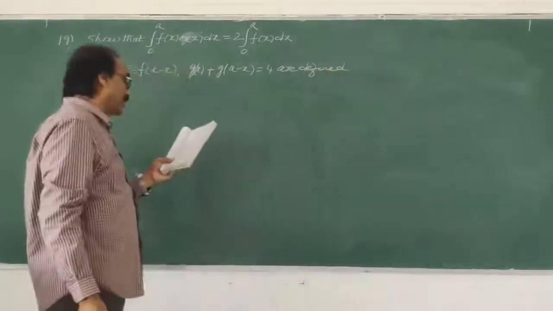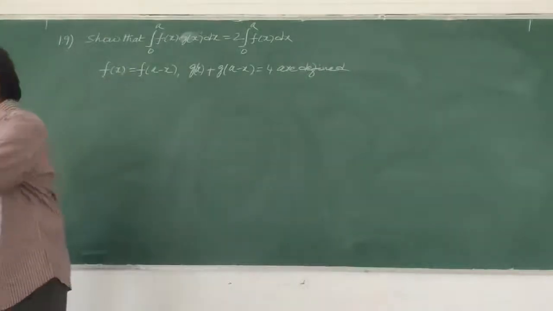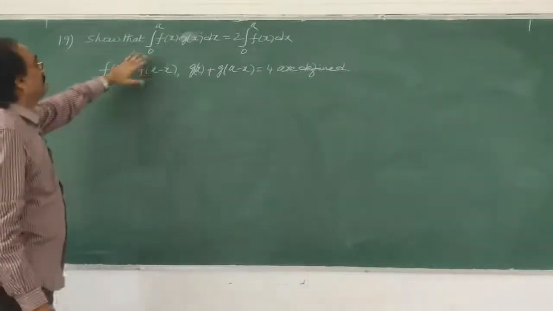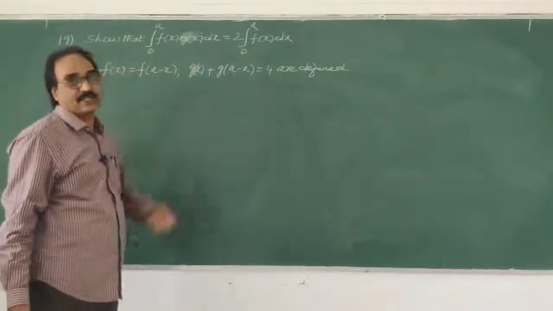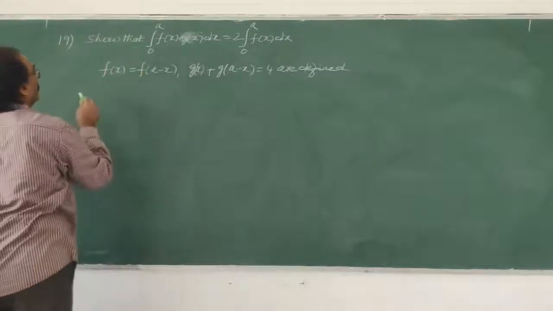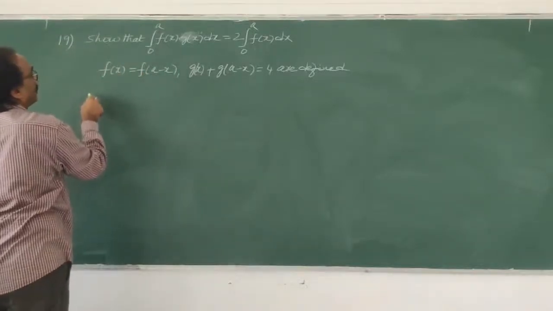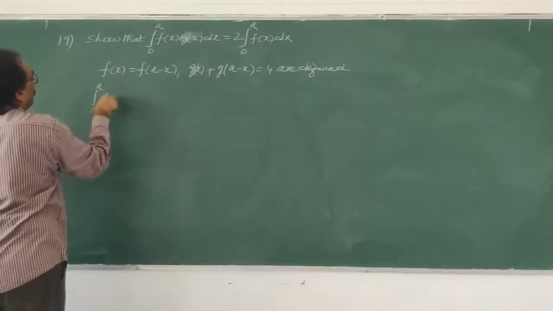So what do you want? Show that this is equal to this, using this given condition. Okay, no problem. So now what I will do here is integral 0 to a